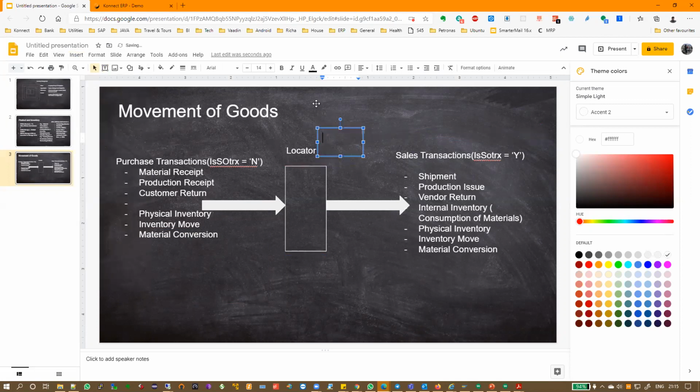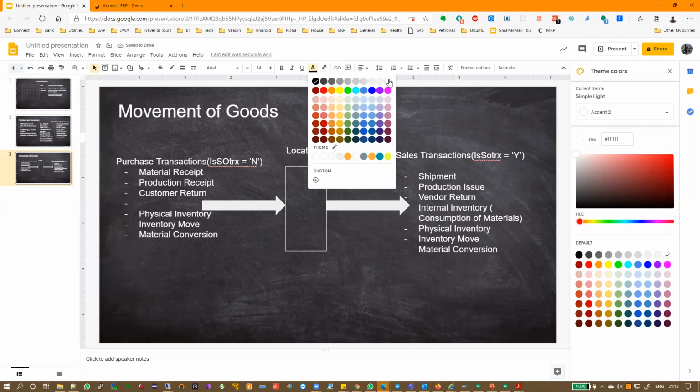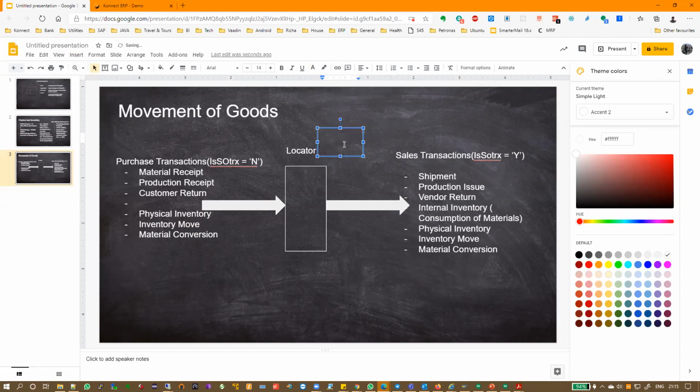Okay, or actually, not addressed actually, but there are two key items using which the locator identifies stock, apart from the product, of course. One is the ASI, and one is what we call the date material policy.